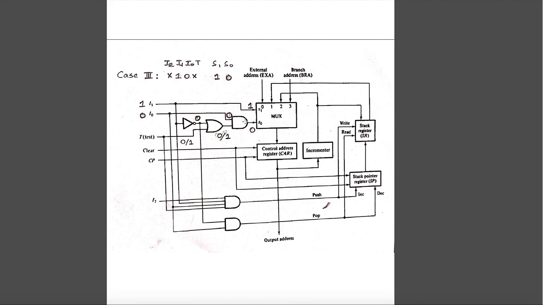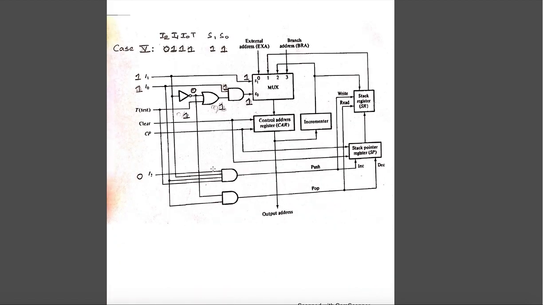So let's see that. Now in this case, in the fifth case, we have our I2 as 0 itself, so this remains 0, so you don't have anything here. But in case of this AND gate, our test case is our I0, which is being given here to this AND gate, and it is 1 here. In this case the next one, that is the negation of I1, which is 0, that 0 is also given here, so obviously this one will also be 0. So here also the push and pop operation won't work.